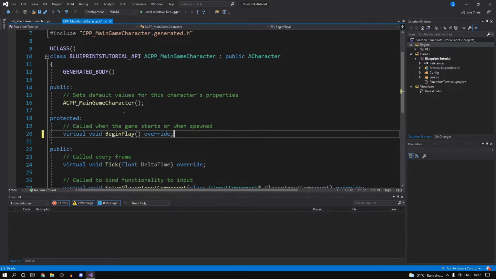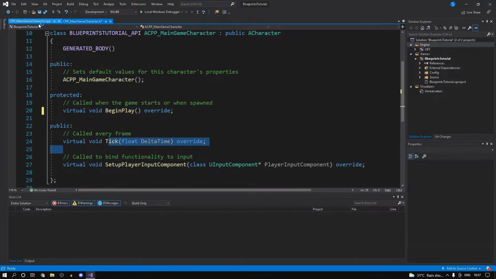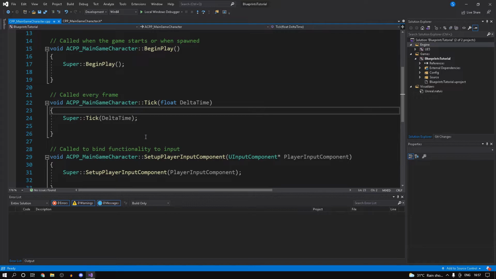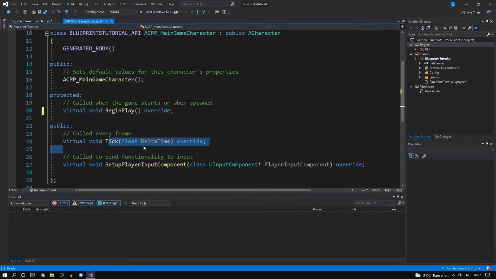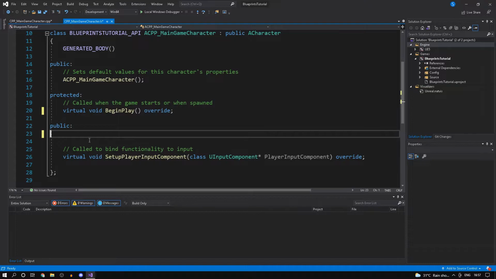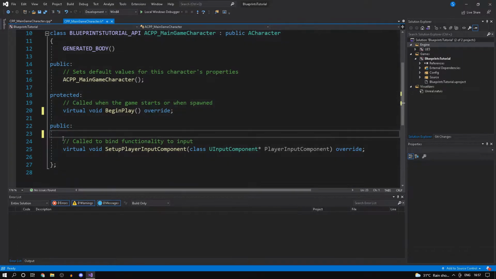And you might have recognized a couple of things such as the begin play as well as the tick. These are exactly the same things as blueprints, but since they are being called from C++, it's much less taxing on performance, so it's much more efficient. What we could do to optimize this a bit more is just remove the tick since we are not using that anyway. So just a small measure you could take for any actor that's not actually using tick. You could just delete that in C++, or in blueprints too there's an option to disable tick I believe.